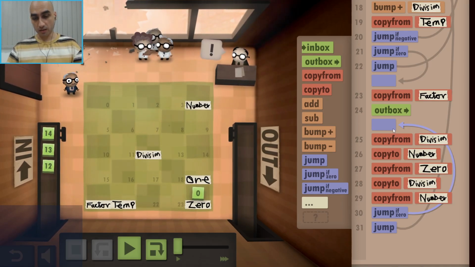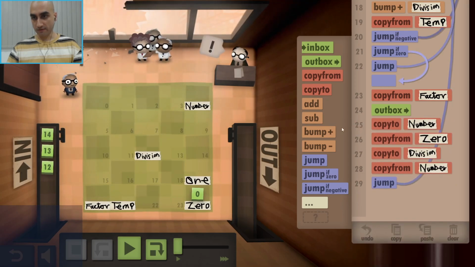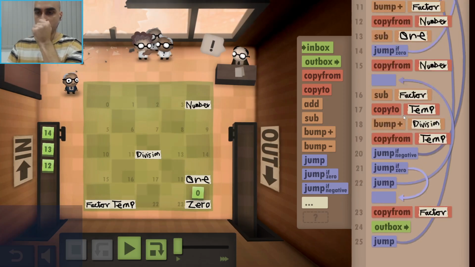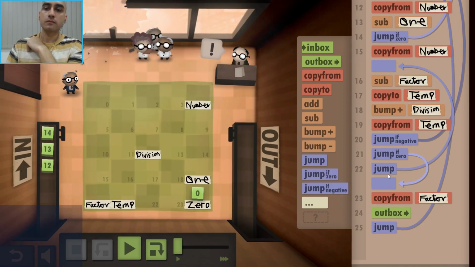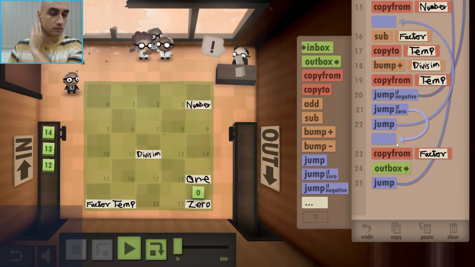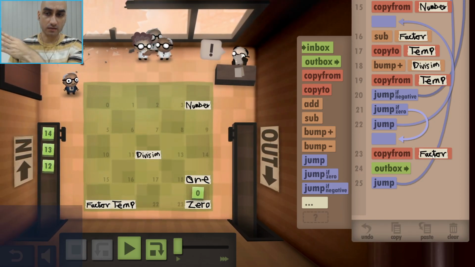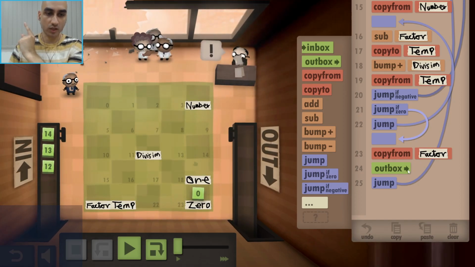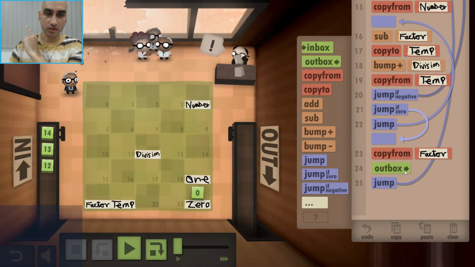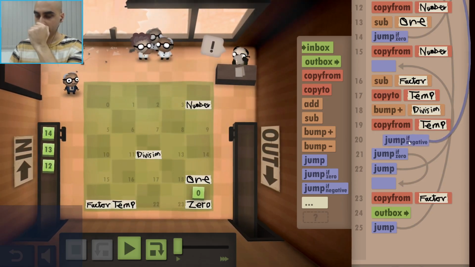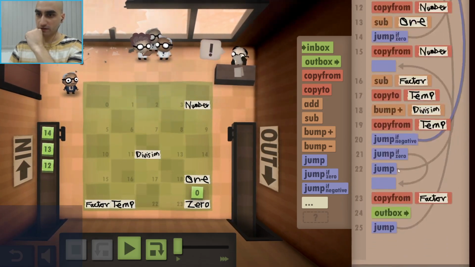We simply get rid of all of this stuff after the outbox. Alright, so at this point, we did the original factor division, and we outputted the factor. The only question now is, do we increase the factor by 1 or not? We only increase the factor by 1 if we had a negative. If we had a 0,